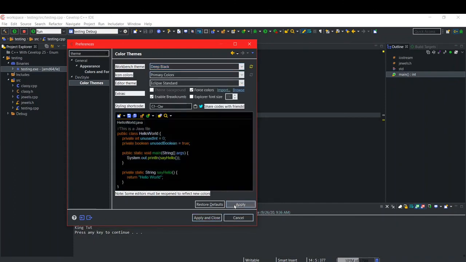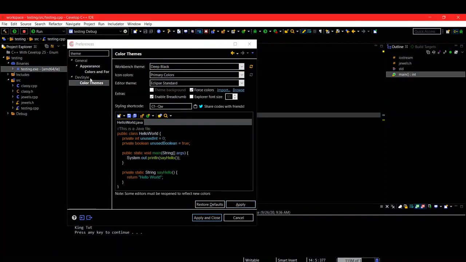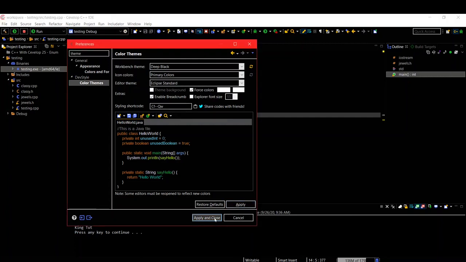Or deep black. Oh, okay. So if you have the DevStyle plugin, you could just type in theme here, and it actually filters out everything except the ones that have theme in it. And you could go to DevStyle and go to color themes. You could change all the themes, the icon look, and the editor theme, and then you can just click apply. Just apply and close,